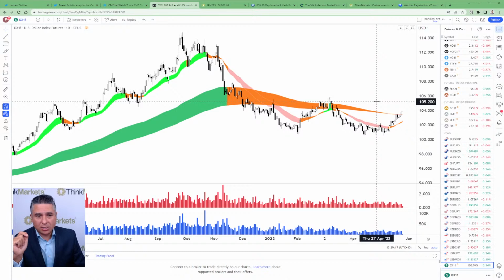That's the first thing. And then you go, what about a default? What about a default? Surely that's bad for owning US risk-free assets. Yeah, it should be, but this is still going up anyway. So again, it's one of those times, and they don't happen very often, but they do happen, I can assure you,